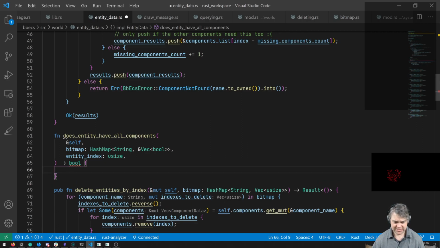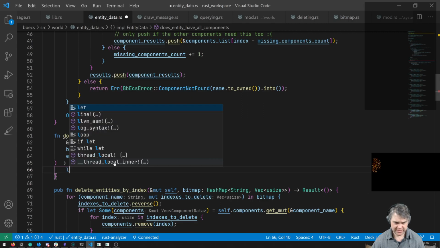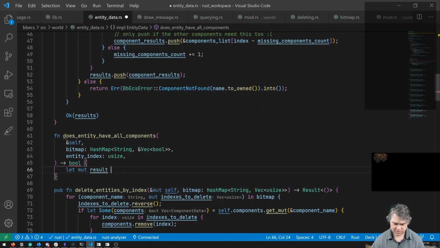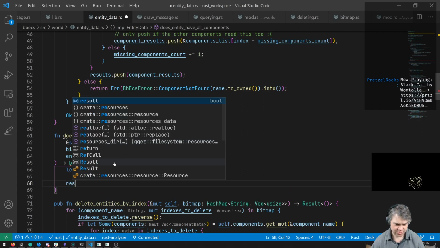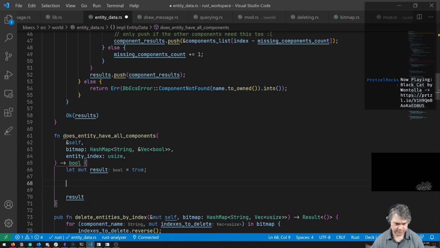So if I do this in a naive way first, let's do let mut result equals, let's just say, yes, you're true. And then we're going to return result. Then I want to loop through the bitmap, loop through each of these, and test to see if you're true here, and if you're not, we do an immediate return with a false.